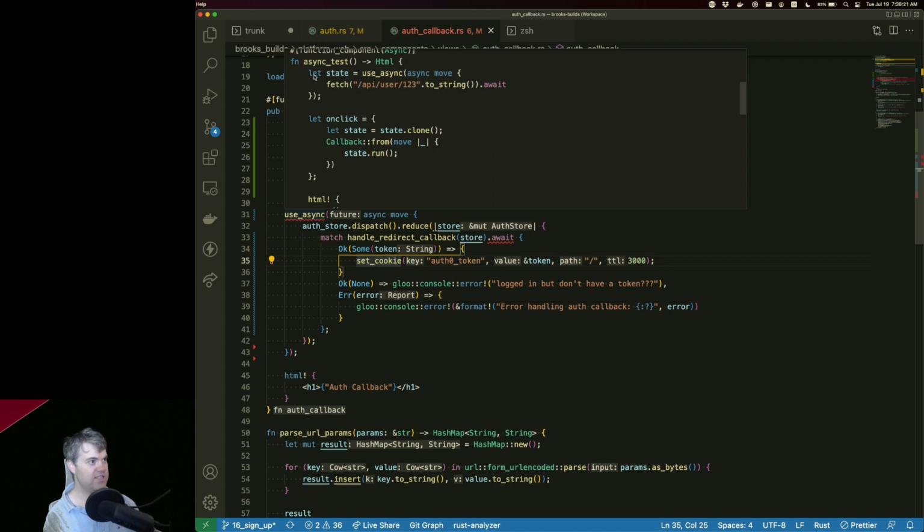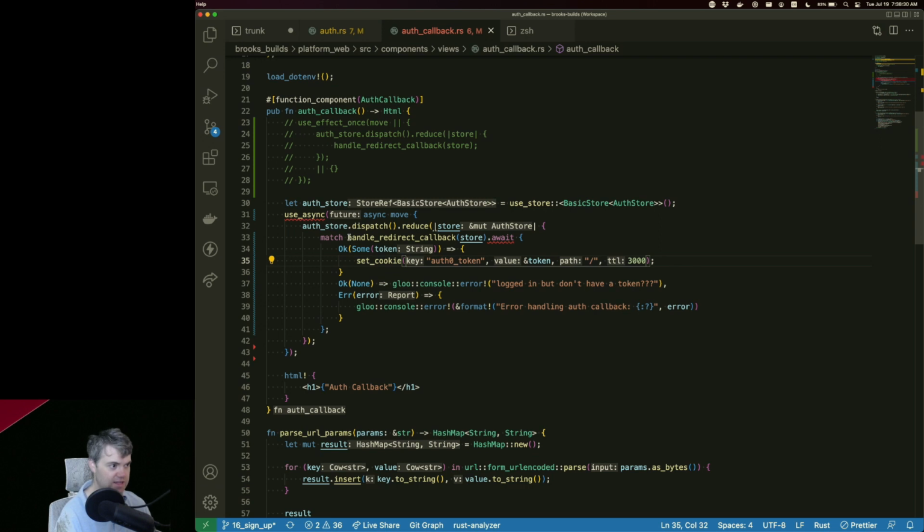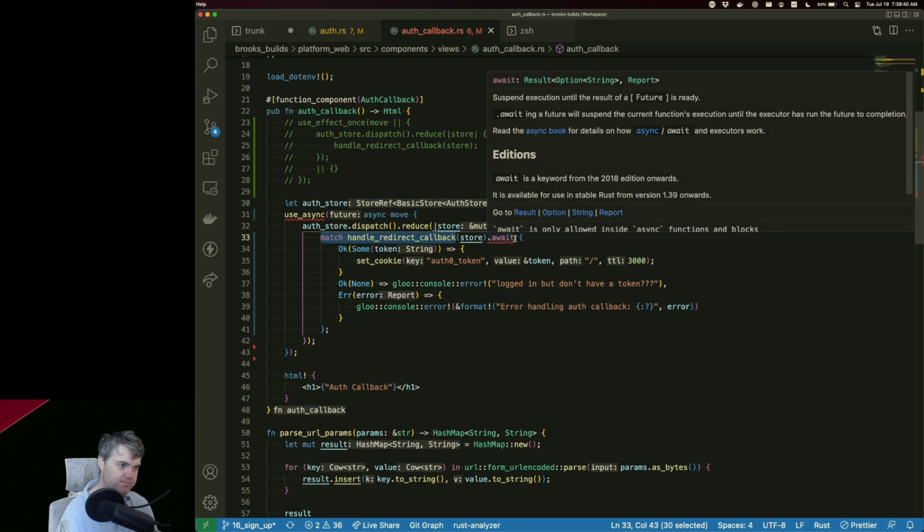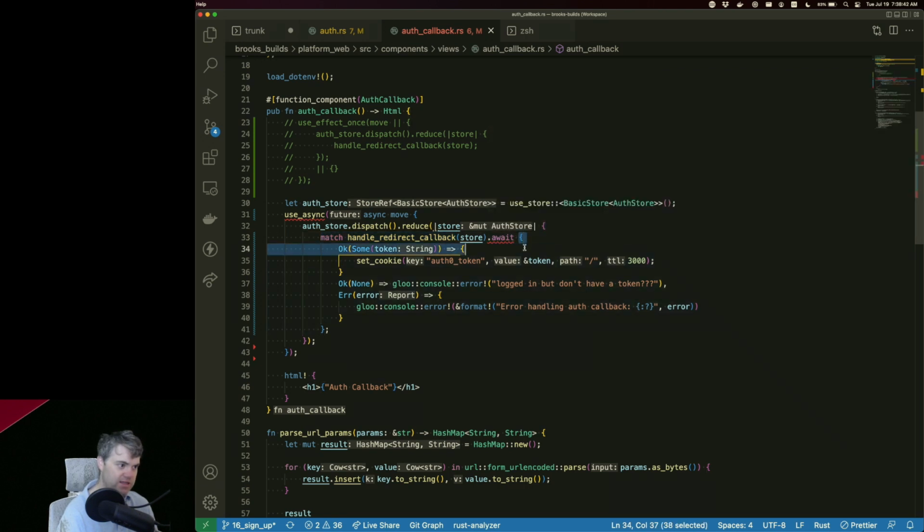Oh, I see. Let state equals use async to do this and it returns the result of it. Oh, okay. I think I missed how this works. So I do the handle redirect callback, I do an await. This comes out of that.